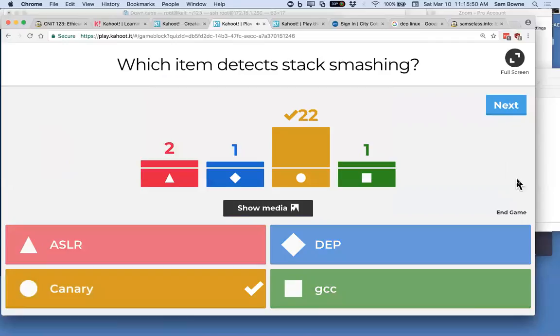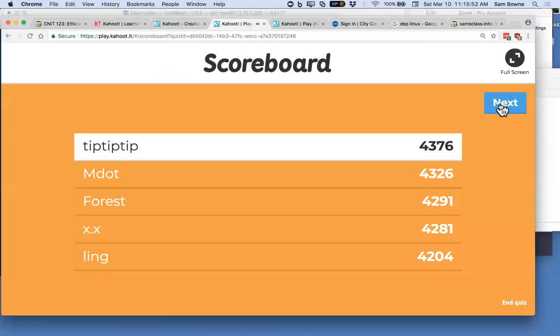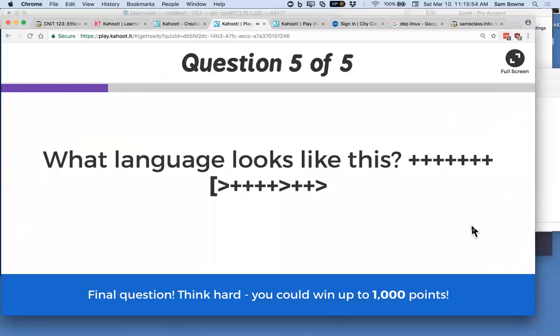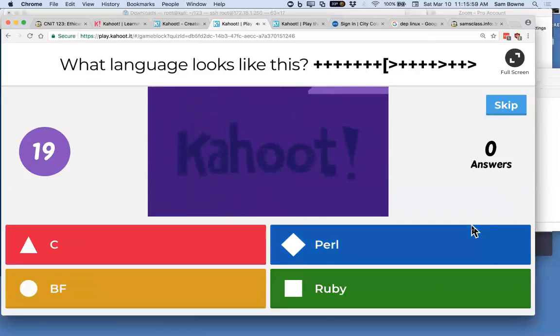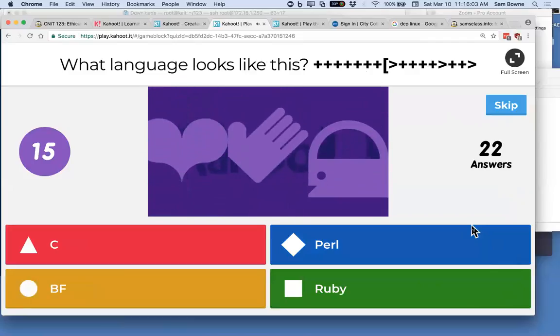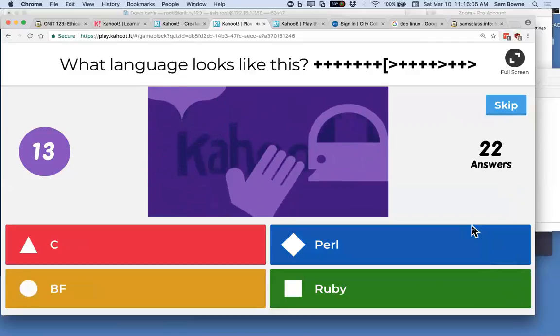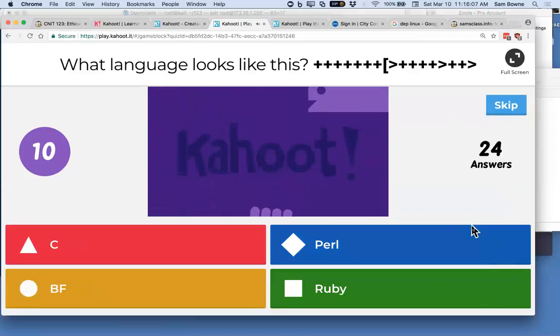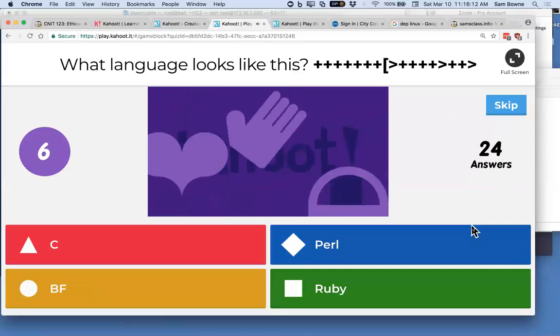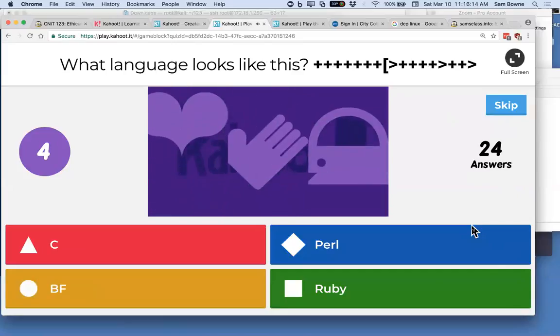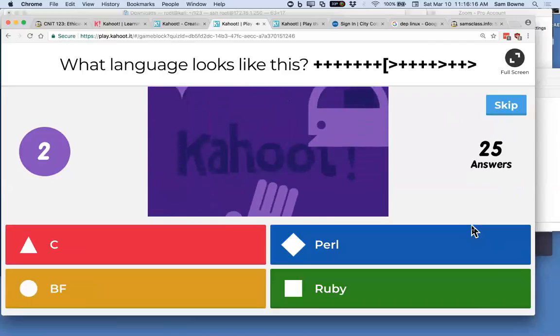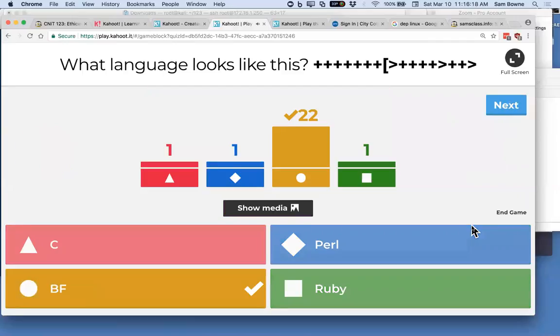That's what the canary does. All right. And what language looks like that? That's the one they call BF when they don't want to use bad words.